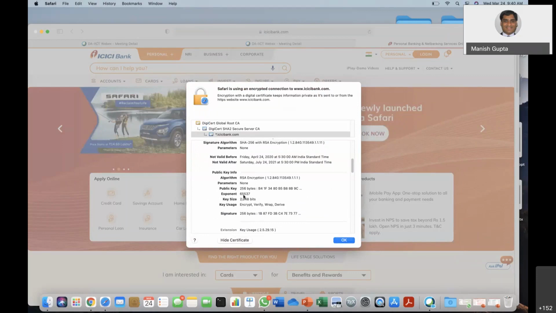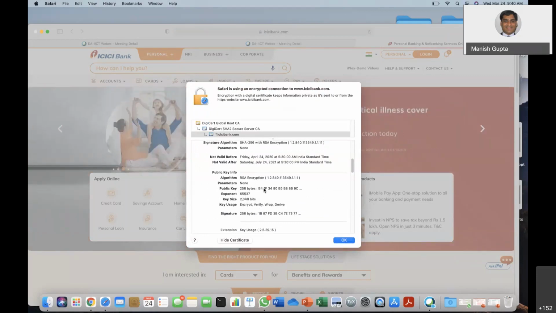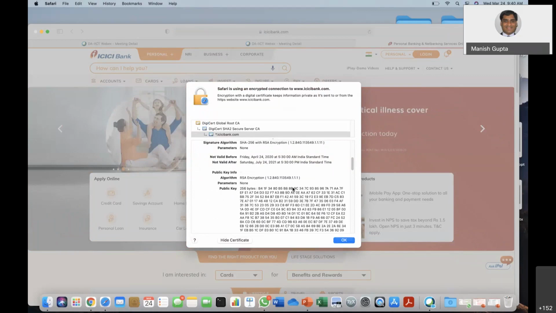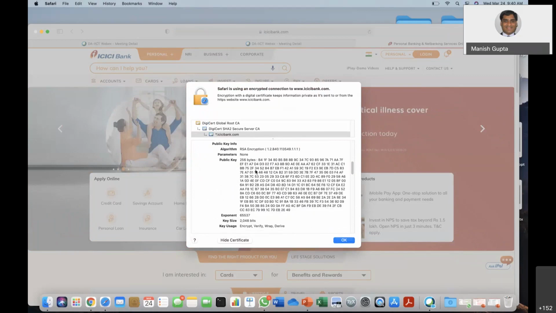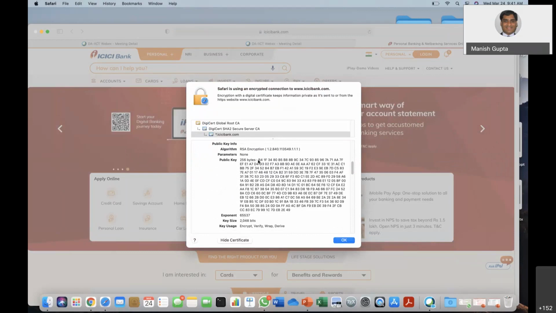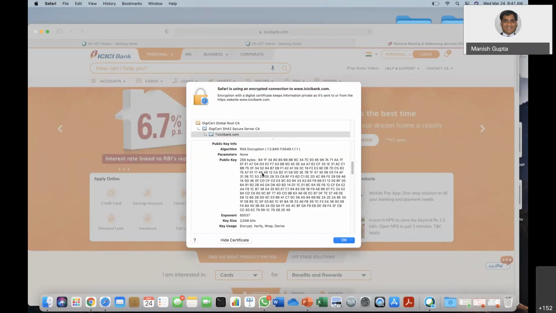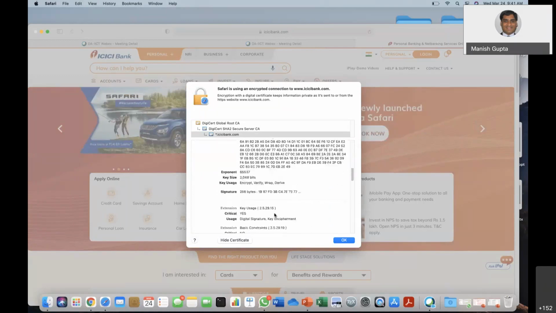And what is the exponent, how it is used, I will explain to you in the next class actually. Here is a number which is used. It's a public key. There are two numbers which are public: this number and this number. This is written in hexadecimal format, so you have to convert it into decimal. Okay, and 65537 is used here for encryption.